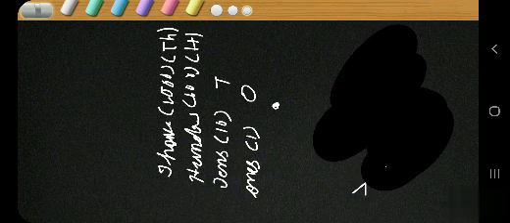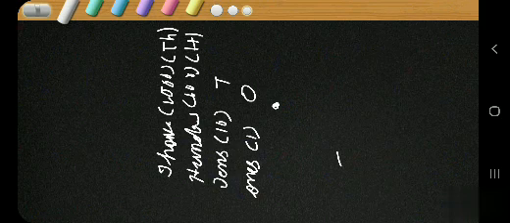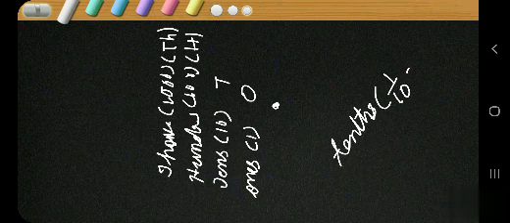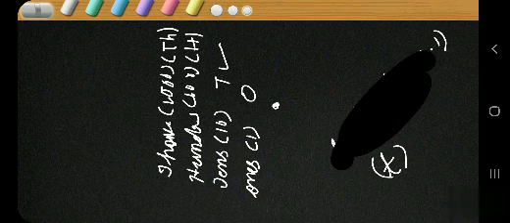The first place after the decimal point is what? Yes, it is tens place. There is no ones place. Tens place means 1 by 10. What is 1 by 10? 0.1. Yesterday we discussed this, isn't it? Tens place means 1 by 10 or 0.1, and it is denoted by the symbol small letter t. Tens place in the usual system is denoted by capital letter T, whereas tenths place is denoted by small letter t.